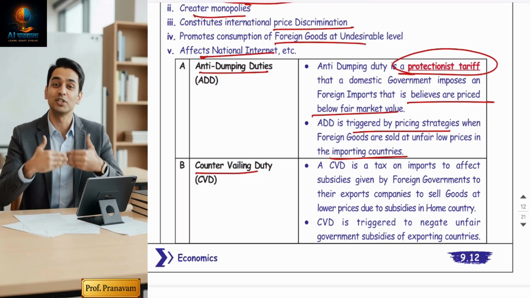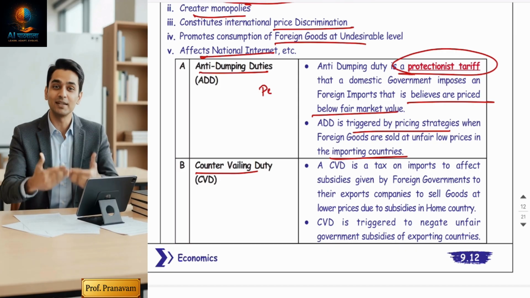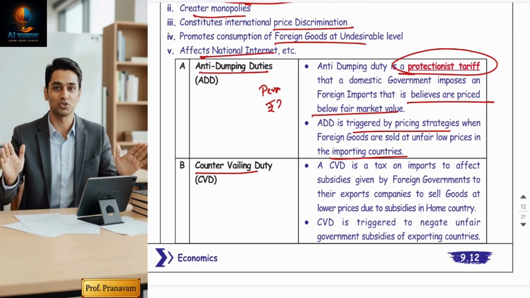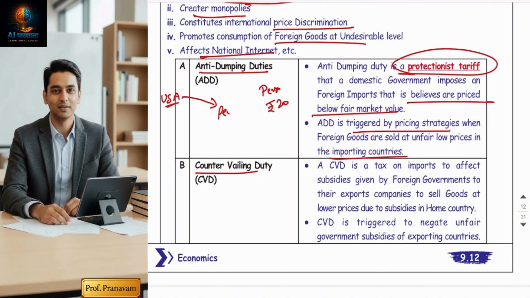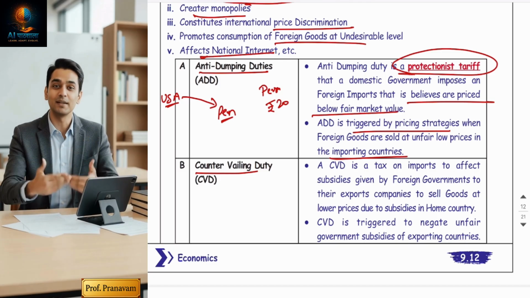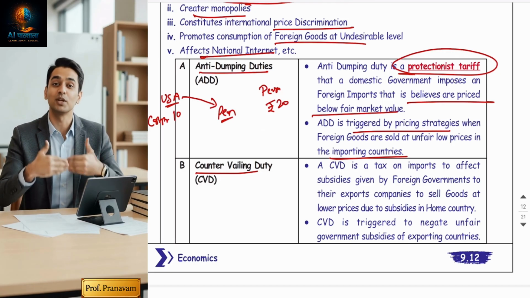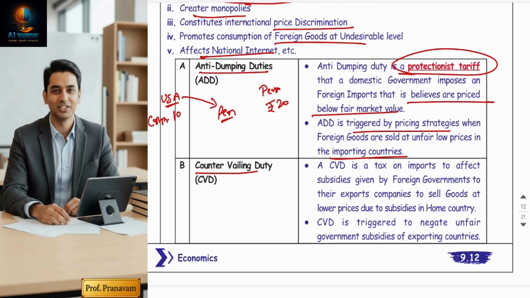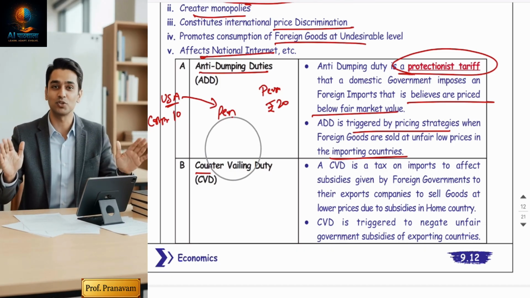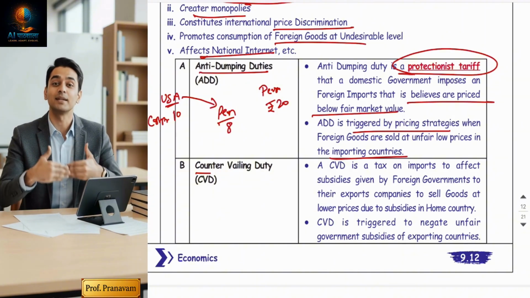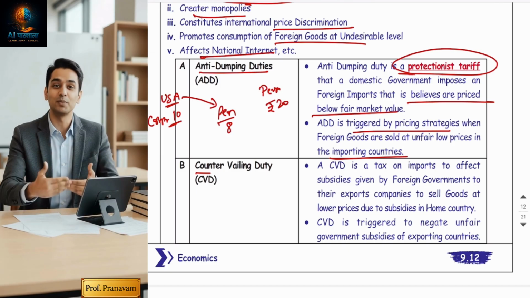Let's understand with an example. In India, a pen is sold by the domestic industry at 20 rupees. A US based company which is importing pens and selling them in India has a cost price of actually 10, and should sell at 10 rupees or more. But what does it do? It sells at 8 rupees, which is below the cost price. When the cost of manufacturing is 10 and the US based company is selling in India at 8 rupees,